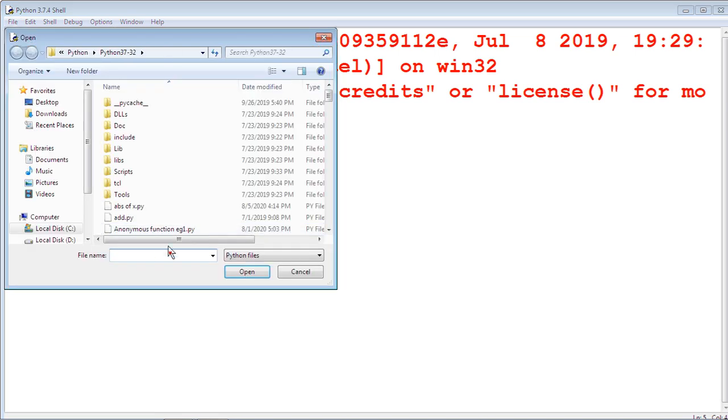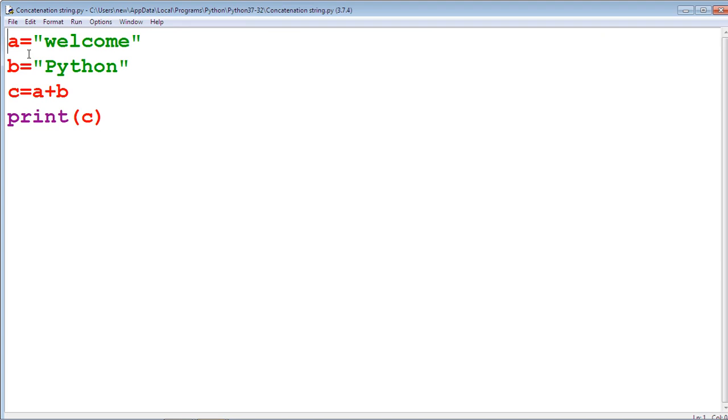This is done by a program code, concatenation of string. It is written differently in this program. The variable A is assigned welcome, the first string. In variable B, it assigns the word Python.